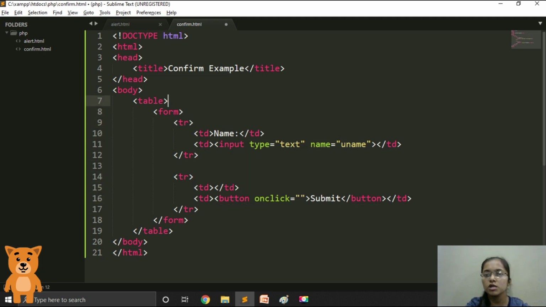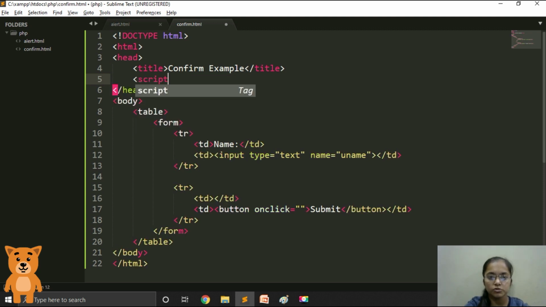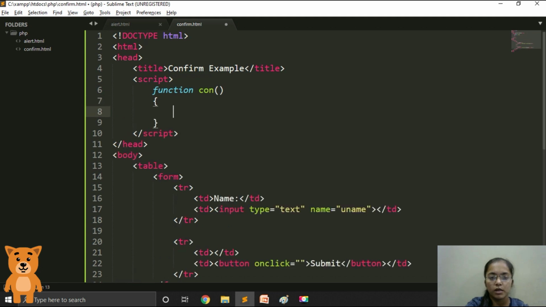Now we need to create a JavaScript function. So for that the script tag will be used. And then to create a function, we know that the function keyword is used, and then the name of the function. Now I need the name con, and then we will declare a variable over here so that it can store the answer whether the user has clicked OK or cancel.